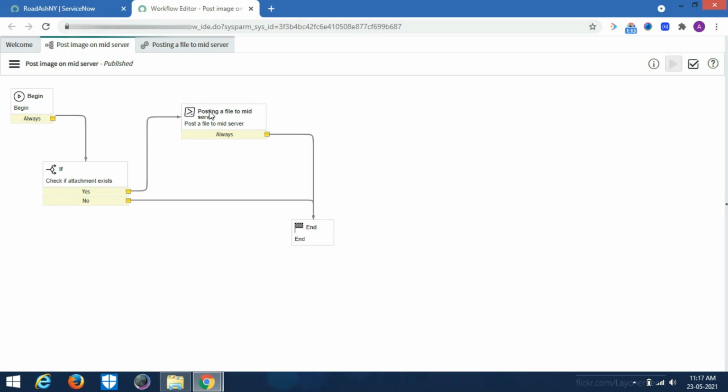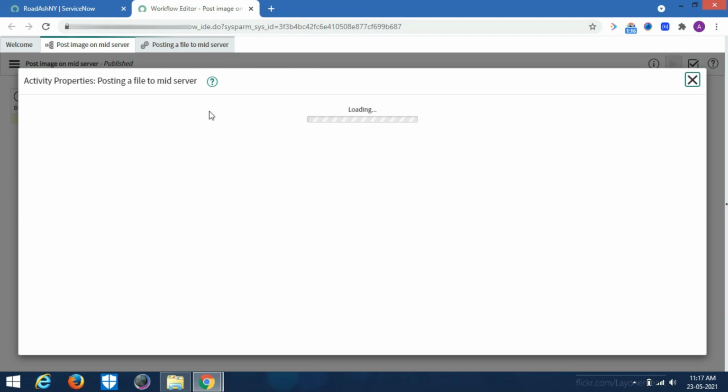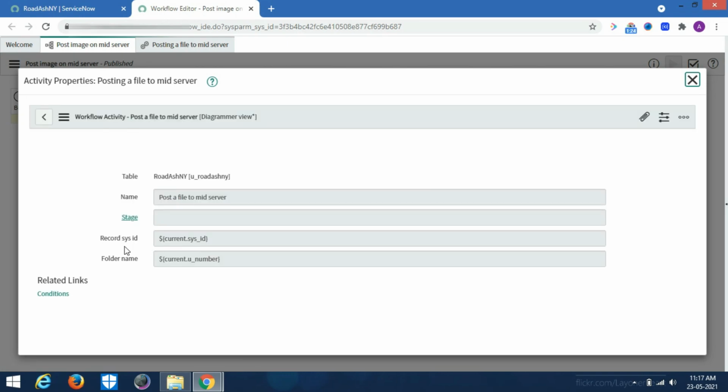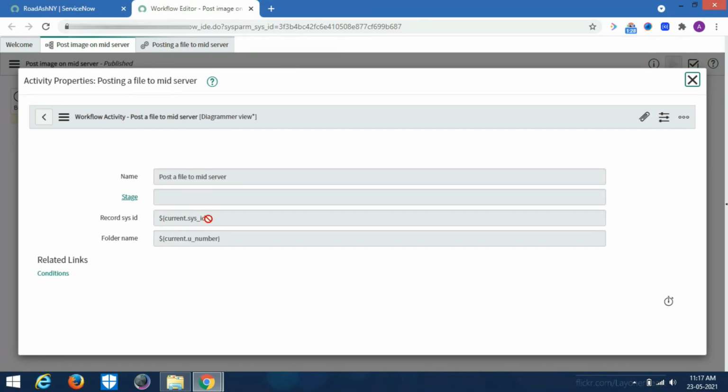So this PowerShell activity is an orchestration activity basically. So it takes two inputs. First is the record sys ID, which is our rodash-ny record sys ID, and another would be the folder name. So that is nothing but our rodash-ny record's number field, which was 12345.